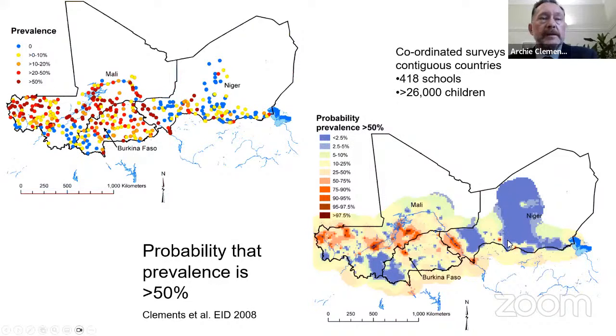map where prevalence is very unlikely to exceed 50%. So those will be the blue areas, and those are areas where we're pretty confident that we don't need to do annual mass drug administration. Whereas in the red and the pink areas, we're very confident that we do need to do it. And then there's the areas of uncertainty in between where we may or may not need to do annual mass drug administration, and we may choose to do it or not, depending on the availability of resources or our desire to collect new information to reduce uncertainty.